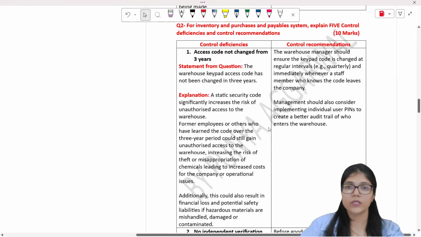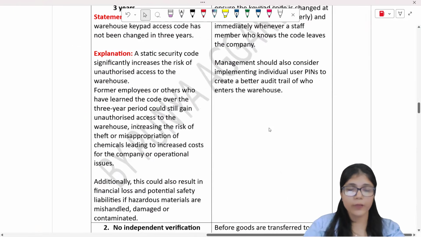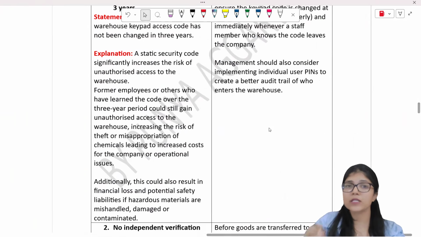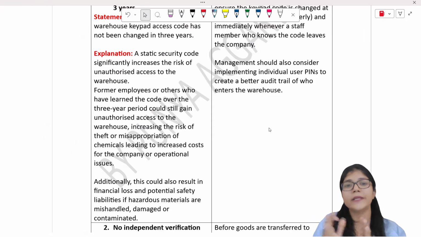Okay, so this is the answer. Just one FYI, guys: my answers might seem a little lengthier. It is because I wanted to give you answers which, when you read them, are self-explanatory. But you do not necessarily need to write these longer answers. You can just stick to the keywords. I have written slightly lengthier answers so that you understand where I am coming from. I've written more explanatory answers.